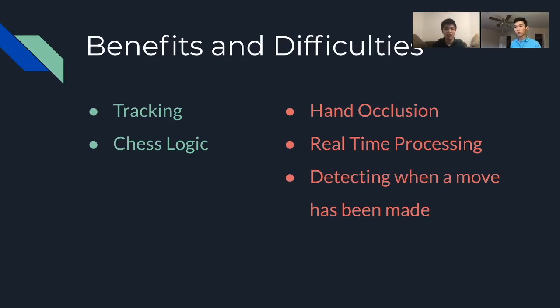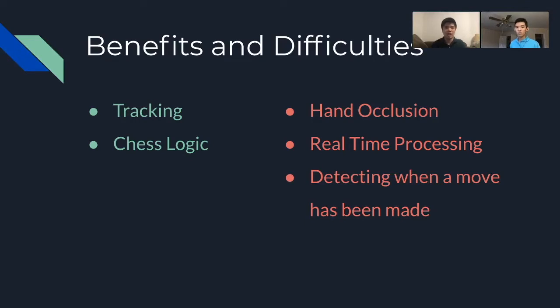We also have the advantage of chess logic. Since we know there are rules to this game and each piece can only move in a certain way, we can narrow down the possibilities of each piece in each square. We could say this square can't be a king because there's no possible way for a king to move here in one move. However, the difficulties with